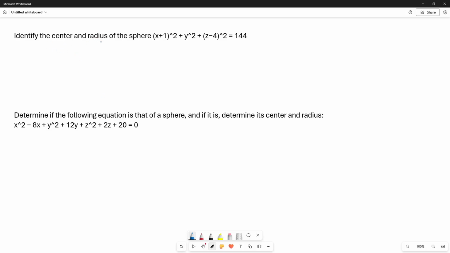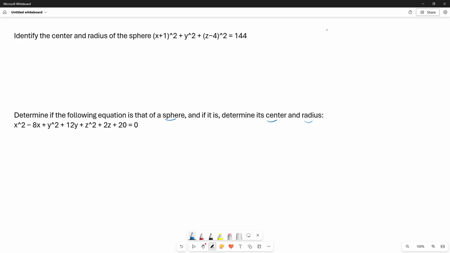Identify the center and radius of the sphere (x + 1)² + y² + (z − 4)² = 144. And then after that, we will determine if this equation here is that of a sphere, and if it is, find the center and radius. Okay, so in both of these problems, it's going to be key for us to know the equation of a